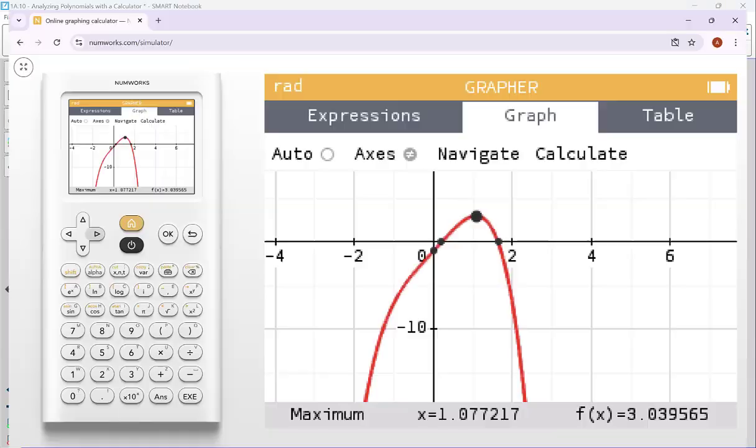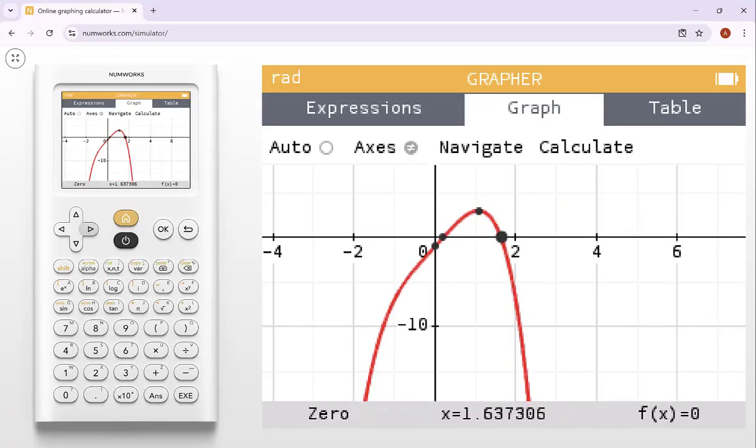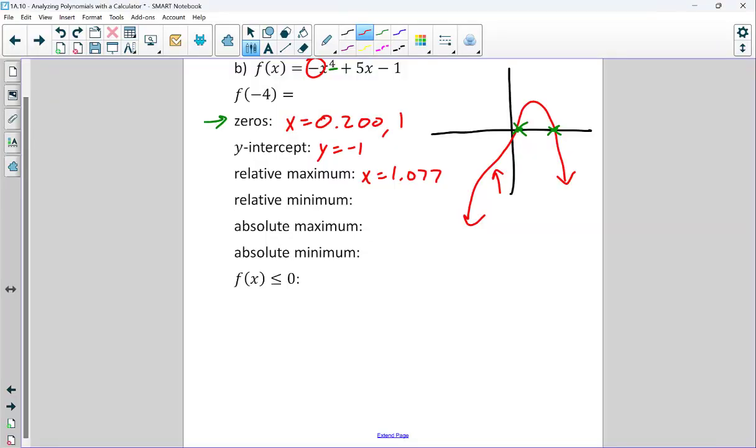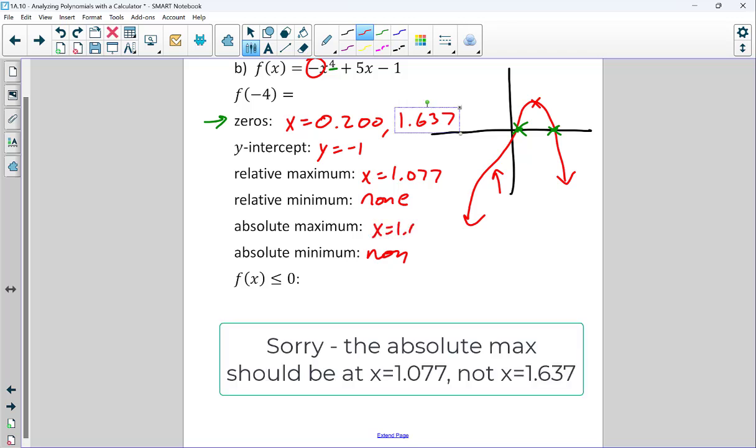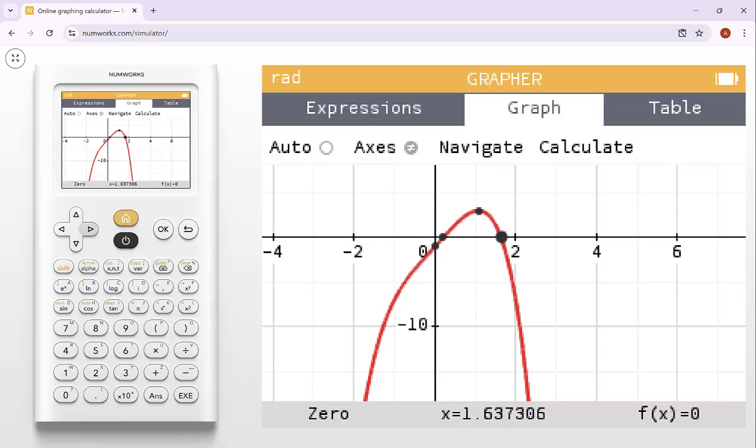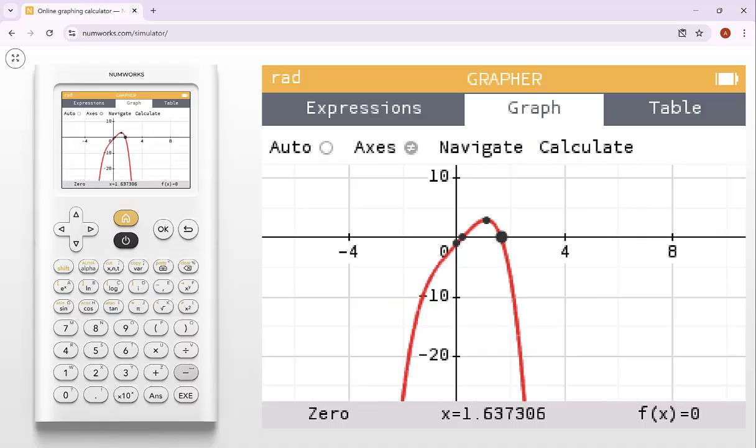1.077. And then keep going to the right. I have an x-intercept at 1.637. Relative min, there isn't one. Absolute minimum, there isn't one. Absolute max is just going to be the same as that relative max, x equals 1.637. F of negative 4, if I go here and I just type negative,